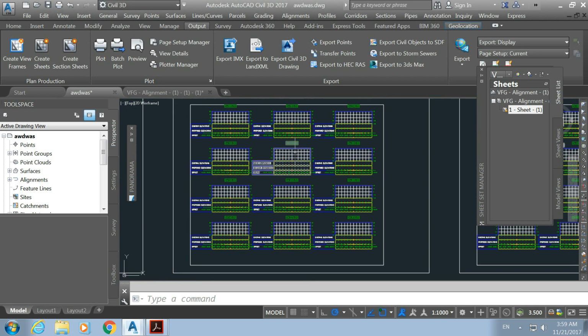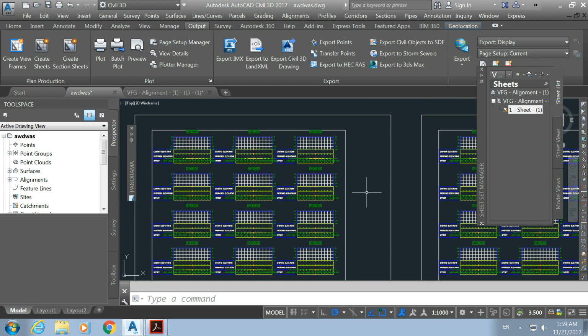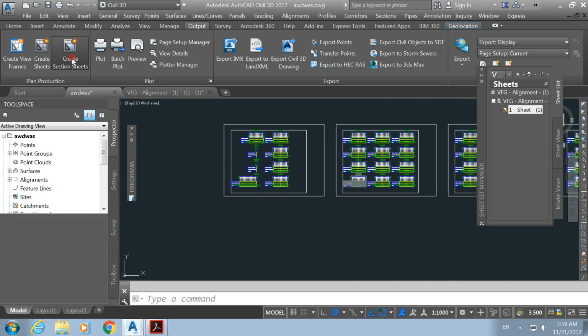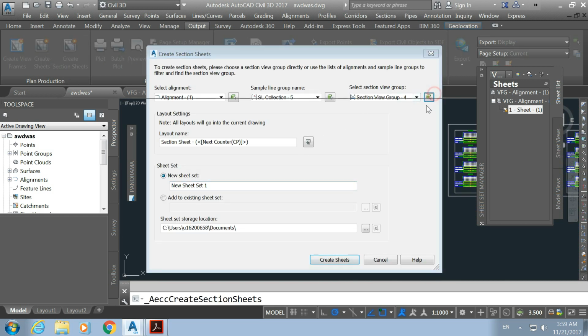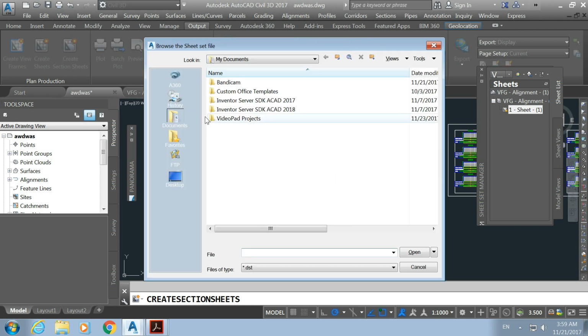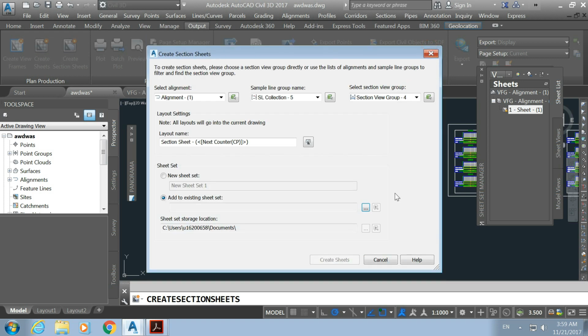The section views will contain the data that you want for cut and fill and stations. Now we can go to create section sheet, and automatically it will assign the section view group that you have created just now. You can click to add existing sheet and select the sheet that I have done the horizontal and vertical curves on, but let it be on a new sheet, and then